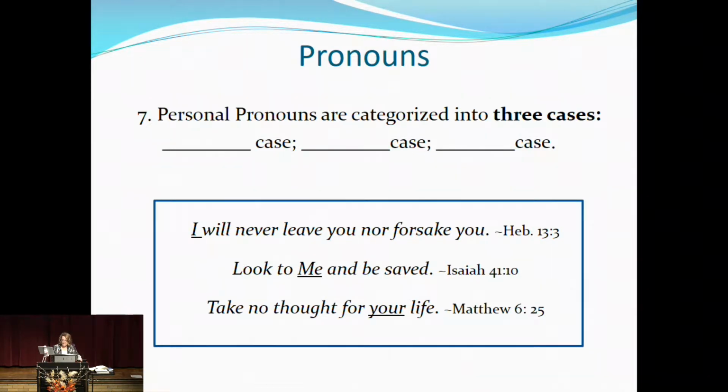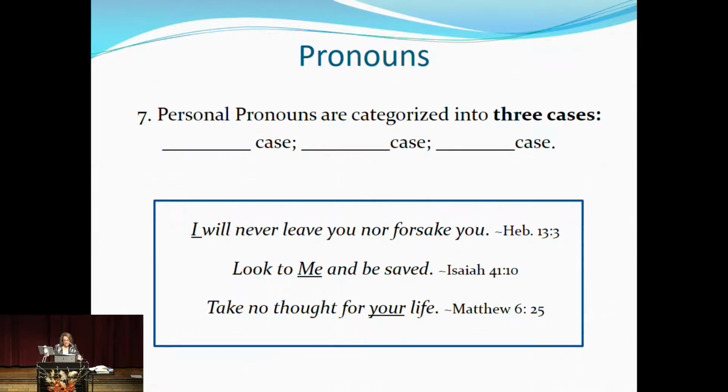The objective case pronouns will work only when they are lazy. And they're saying, I'm going to receive that ball, so to speak. So if I throw you the ball, the direct object or the objective case would say, well, I'll take it. But I would not be doing the work. They are the ones having action taken on them. They're the ones who sit back and let it all happen to him or her. And then we also learned that I is exclusively a subject pronoun, whereas me is exclusively an object pronoun.